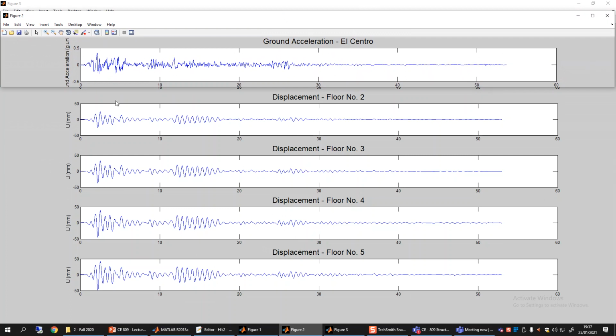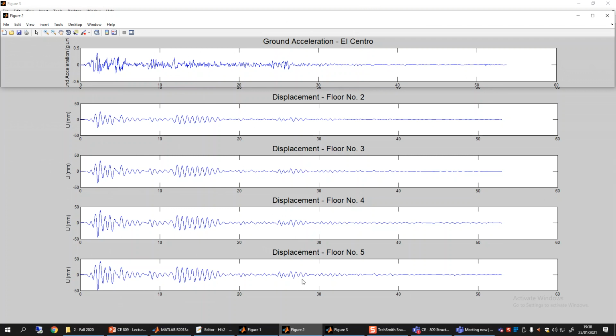So you can see here that there are some ground acceleration peaks at the start, and all the stories are also having relatively larger peaks of displacement, and then some peaks here. So the structure also has the same peaks, and also you can see the trend is very similar. The ground acceleration has almost a similar shape, just like the structural response also.